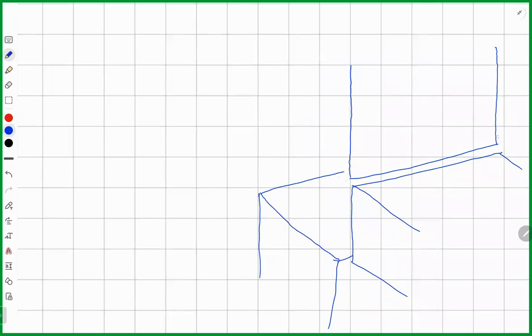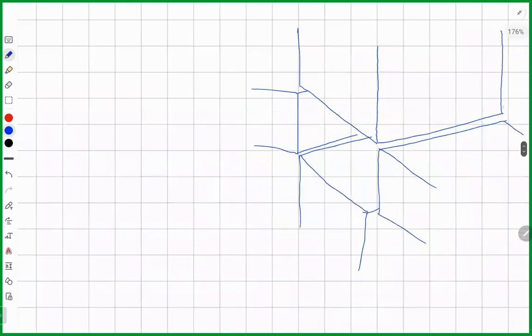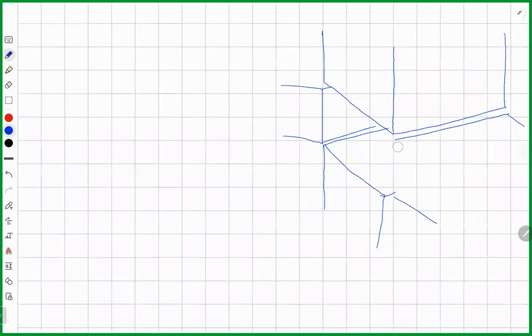Okay. What I'm trying to show here is that there are, let me first make just two magnets. Okay, this diagram is trying to show that there are two magnets